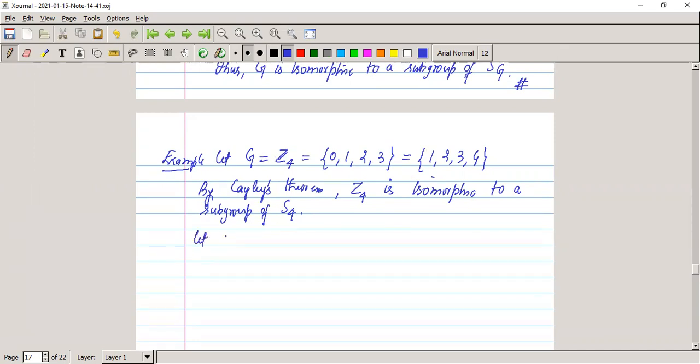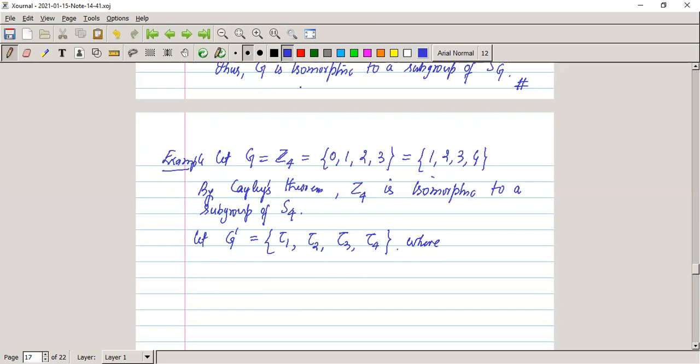Now let G', as from the proof of Cayley's theorem, be the group with permutations, let's use the notation that we had written in Cayley's theorem: this is tau 1, tau 2, tau 3, and tau 4. So these are the four permutations in G', where